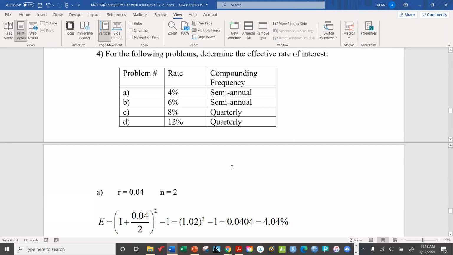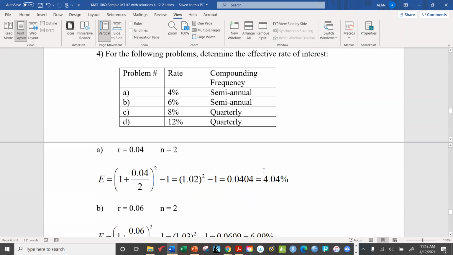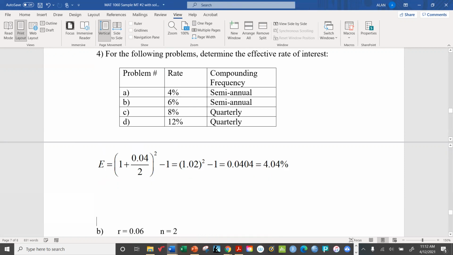Okay, so part A, we have a 4% APR with semi-annual compounding. So therefore, when you plug in the numbers, if you notice, this reduces very nicely to 1.02 squared minus 1. And that you should be able to do without too much difficulty in the calculator. All you have to do,